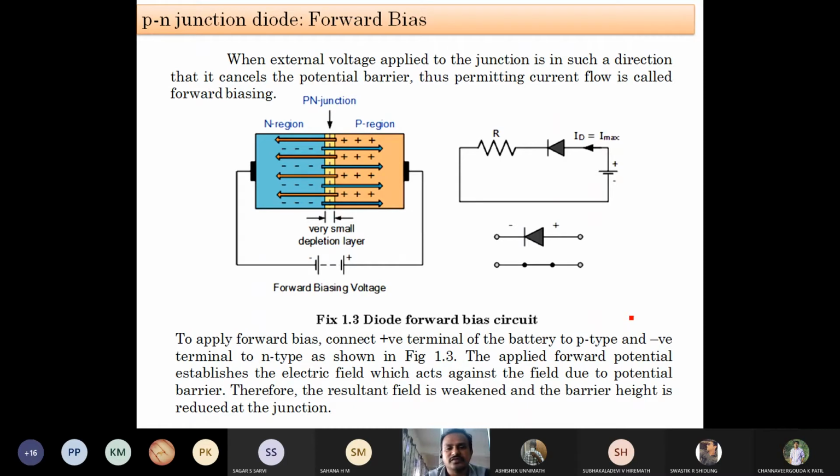Electrons and holes, that is, charge carriers. So charge carriers are going to start moving. How are they going to move? They are attracted by opposite polarity. The holes, as you can recap, are represented with the symbol plus, and electrons are represented with the symbol minus. Minus is nothing but electron representation, plus is nothing but hole representation. These are the symbols used for each charge carrier.